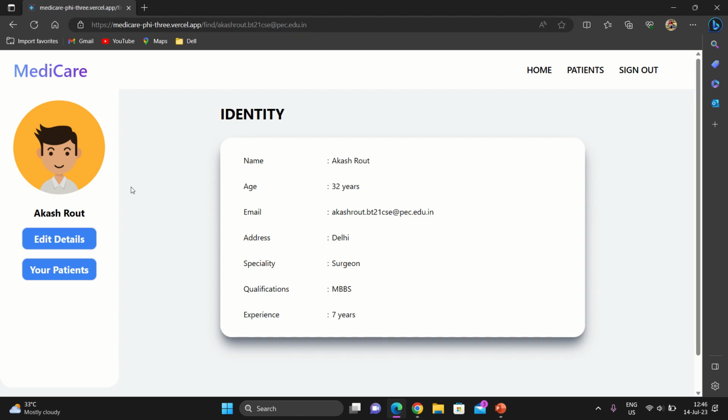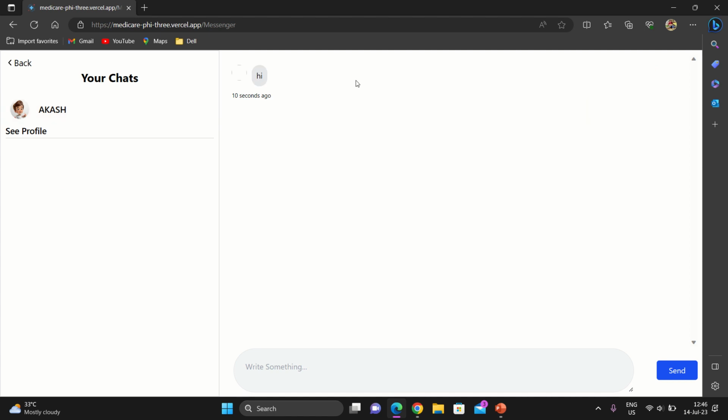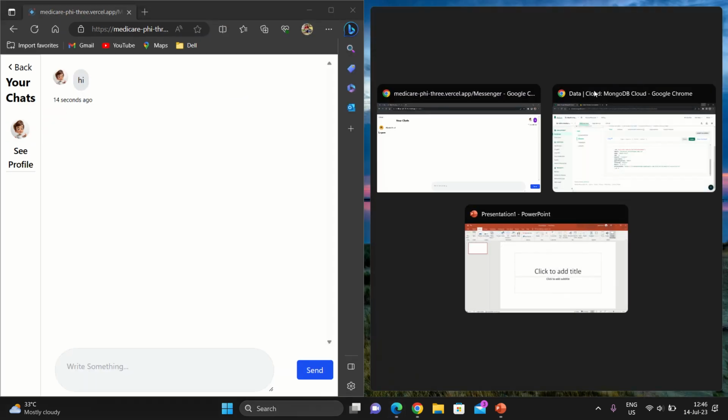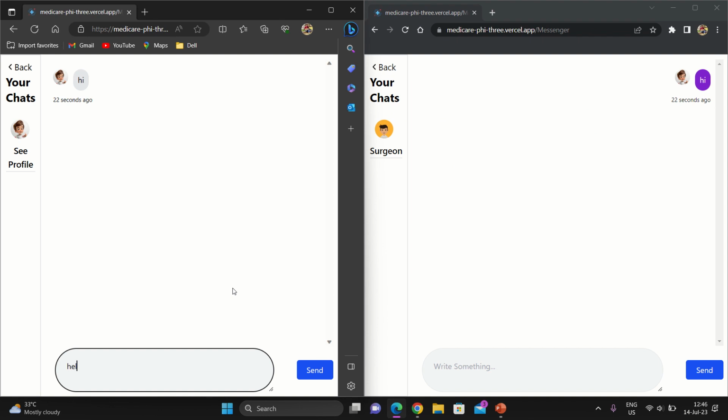So as I contacted this doctor, now when this doctor opens his patients, which was earlier empty, he sees this name and sees the message "hi" as well. So now I open multiple tabs to show the chat option. We have the patient on the right side, and the doctor on the left side. So the doctor sends "hello, how are you,"